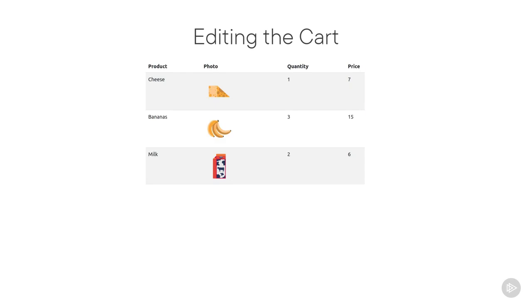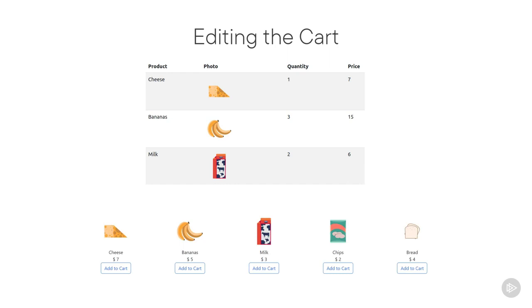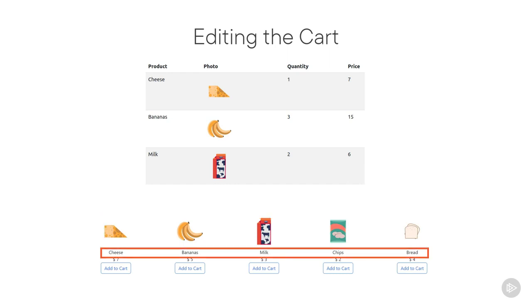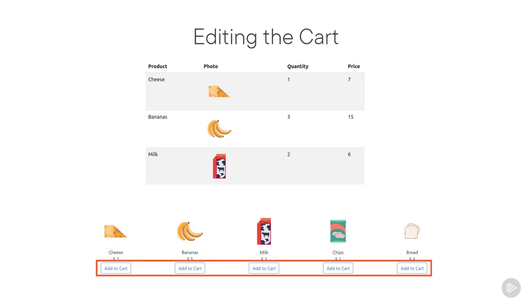Let's add a new feature to edit the content of the shopping cart. Currently, the shopping cart displays products, their photos, quantities, and prices. However, we cannot add other products. To achieve this, let's display an inventory of products with photos, names, prices, and buttons to add products to the